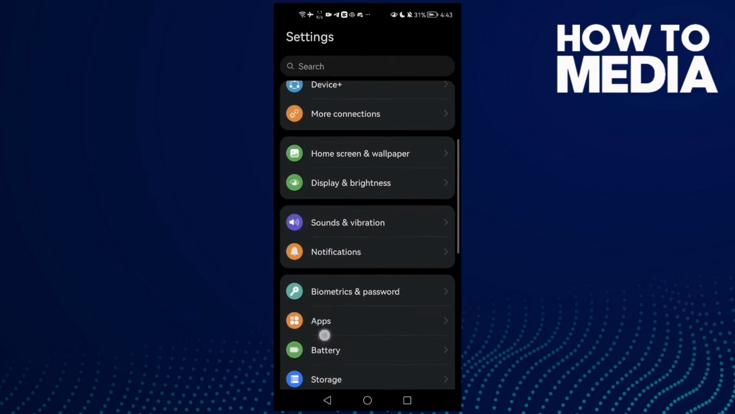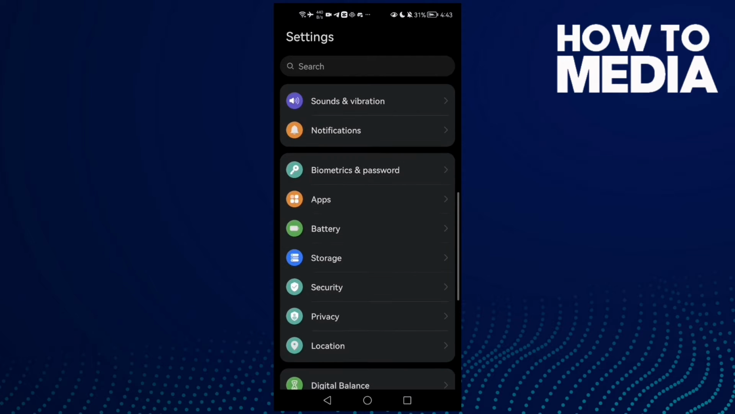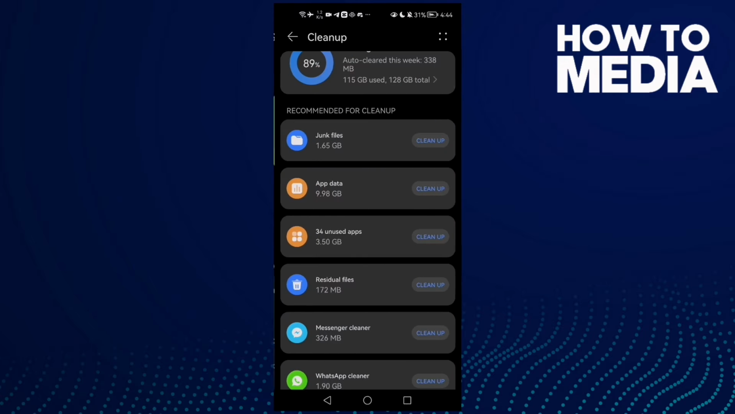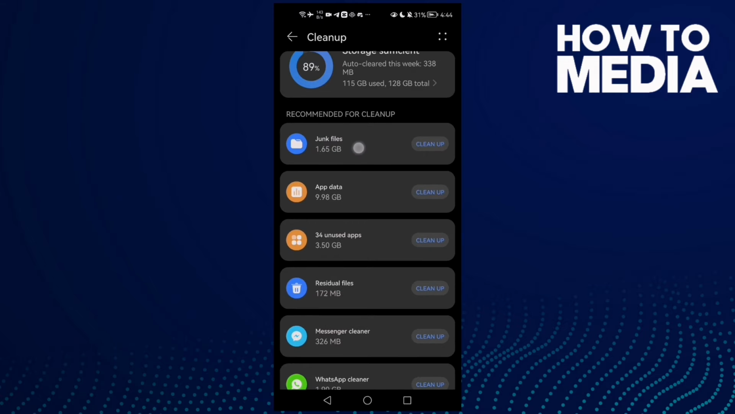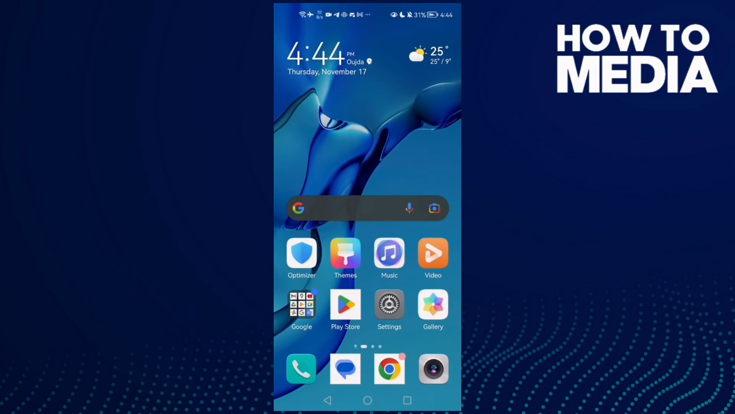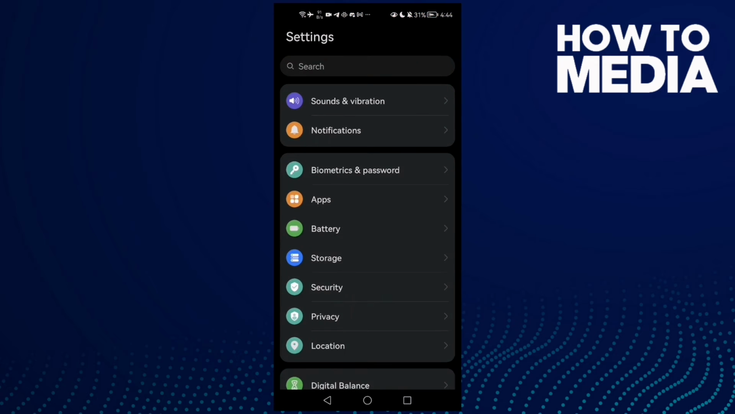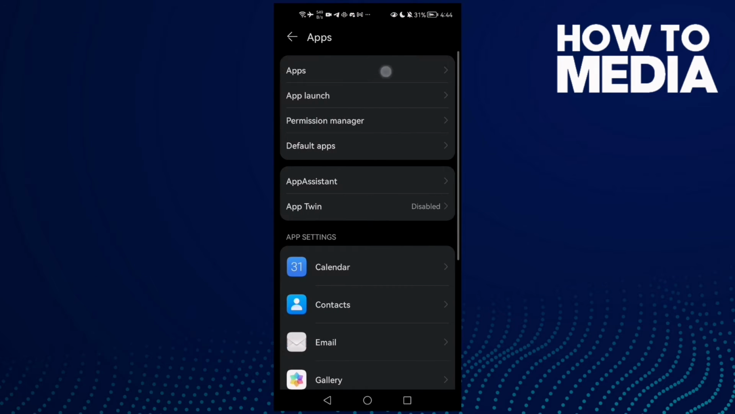First, open settings and then scroll down until you find storage. Now click clean up, and here just clean some space, and you can clean just junk files if you want. Click clean up, or you can clean it from your gallery. Just delete some photos and videos, and after that go to settings and then click apps and then apps again,